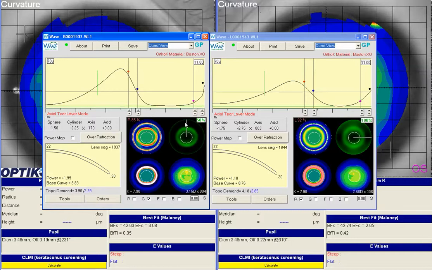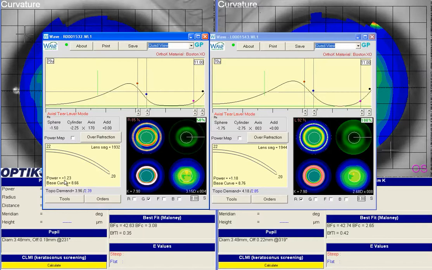Okay, so now if we spin around to the bottom, you'll see because we're in 50% mode, the inferior meridian is the same. Here in the oblique meridians, we're about halfway in between our original treatment zone size and our new treatment zone size. So we've kind of got a graded change going across. If we go back to our original